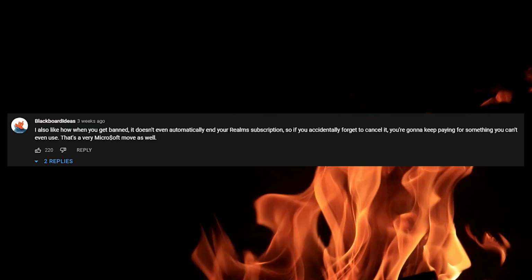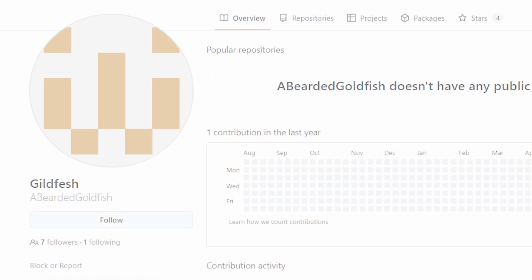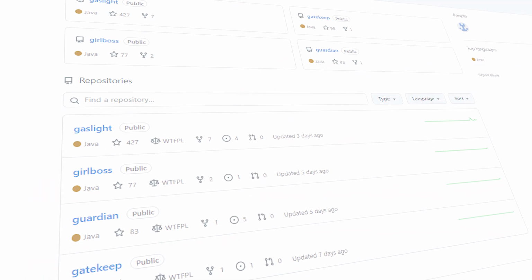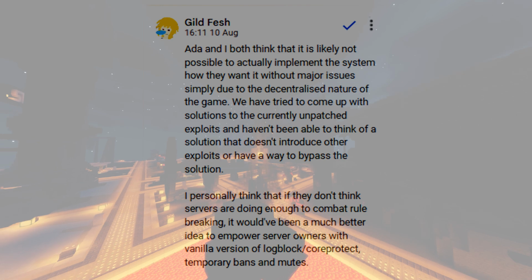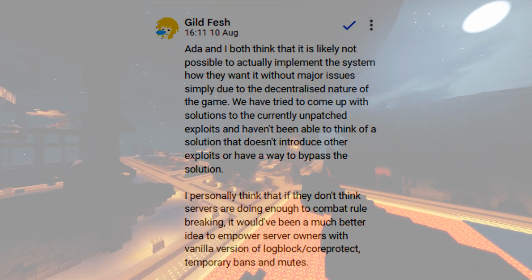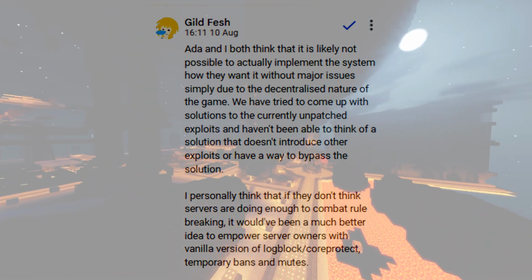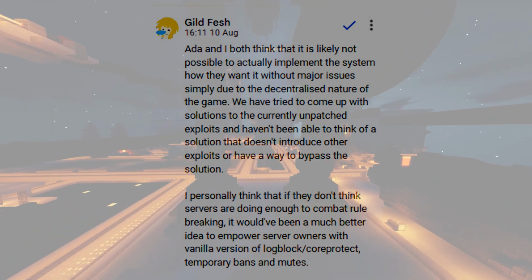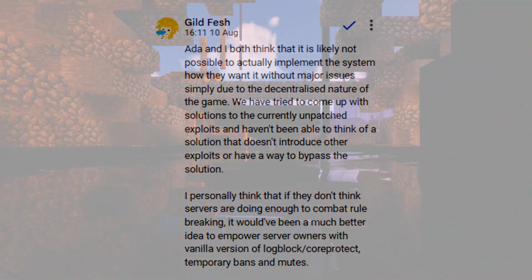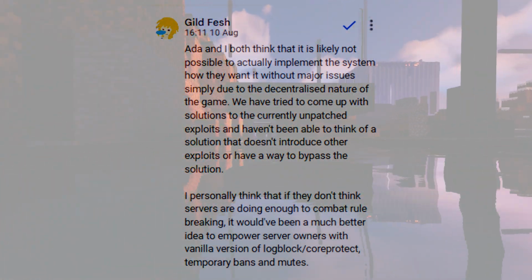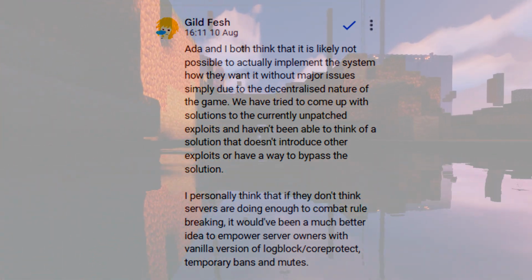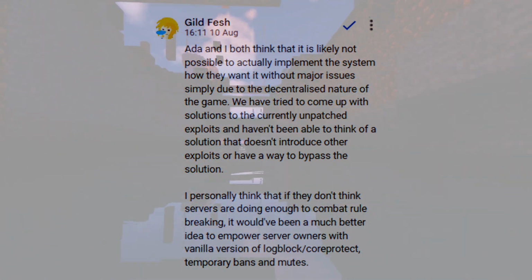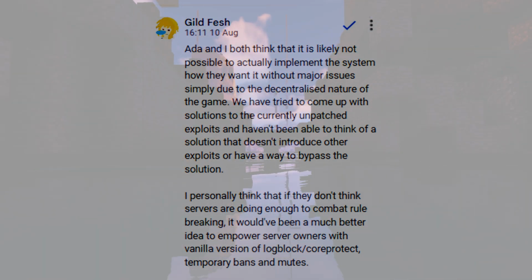I spoke to both Guildfish and ADA, the devs that created all of the proof of concept mods, and I was told ADA and I both think that it is likely not possible to actually implement the system how they wanted without major issues, simply due to the decentralized nature of the game. We have tried to come up with solutions to the currently unpatched exploits and haven't been able to think of solutions that don't introduce other exploits or other ways to bypass the solution. If Microsoft thinks server owners are not doing enough to combat rule breaking, it would have been a much better idea to empower server owners with